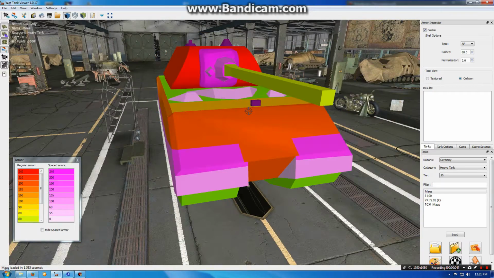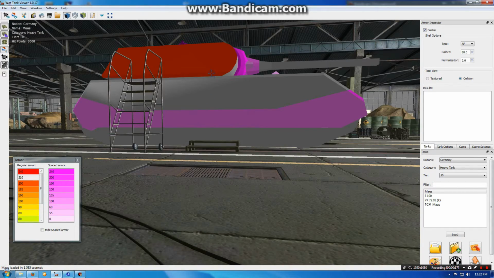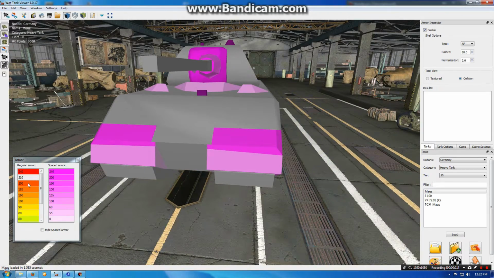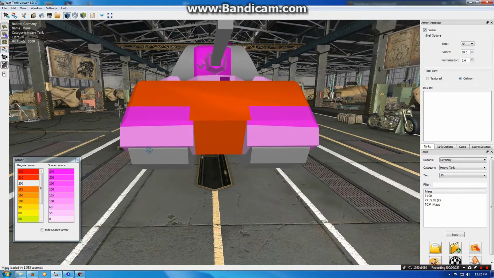In this case I got to use the mouse scroll wheel to move out because the mouse is much larger. Okay, so you've got 240 millimeters of armor there and there, 210 on the sides, 200 millimeters of sloped armor in the front, which means if you're in front of a mouse and you fired right dead center, you're trying to go through 300 millimeters of effective armor, and if you fire at this lower